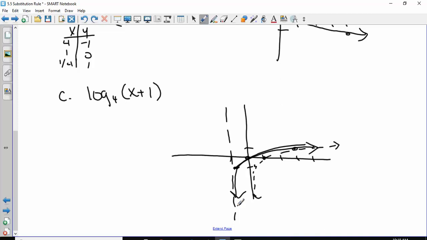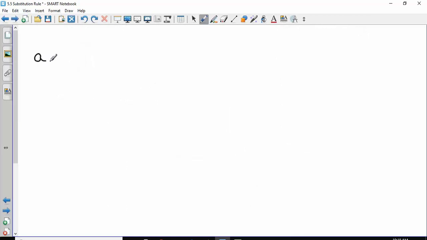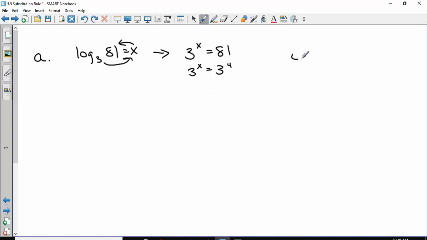The last ones. I said without a calculator, meaning I don't want you just finding on your calculator plugging in log base 3 of 81. I want you understanding what these logs mean. Log base 3 of 81. What that means is 3 to what power equals 81? Or if you set that equal to x, that's like saying 3 to the x equals 81. And that's 4. You could write it as a common base if you wanted to show all your work, but we get a